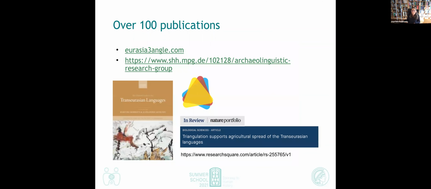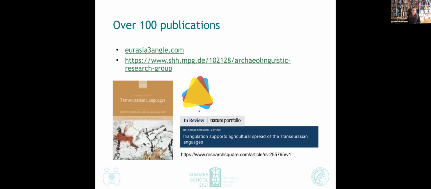We, together with our team, have published more than 100 publications over the last years. You can check those publications on our EurasiaTriangle.com website, and then there is also a more restricted web page for our Archaeolinguistic Research Group on the Max Planck Institute in Jena website. Among these 100 publications, you also find the 2 publications that I proposed for this course as readings or as